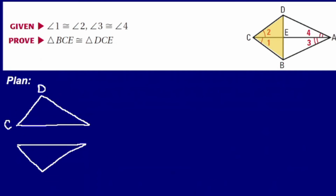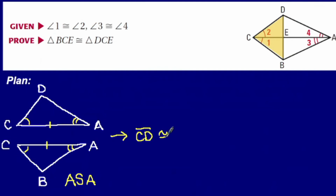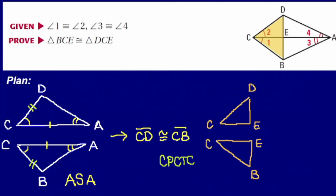But if we start with those big triangles, I already have two sets of congruent angles there, and they are sharing a side. So I could prove that those big triangles are congruent by angle side angle. And then I could say that CD was congruent to CB by CPCTC, because the corresponding parts of those triangles would have to be congruent. And then when I look at my little orange triangles, I would have those angles. I would be able to say that those shared sides are congruent, like I said, but now that I know that CD and CB are congruent, then I'd be able to say that those orange triangles are congruent by side,